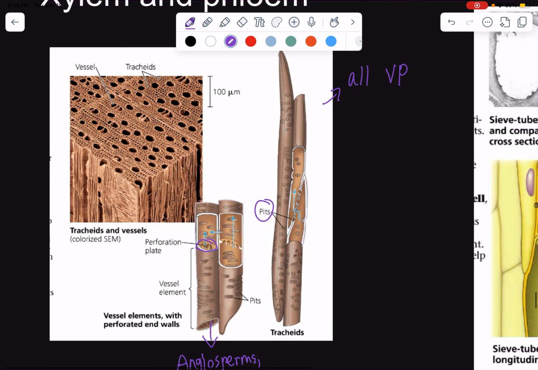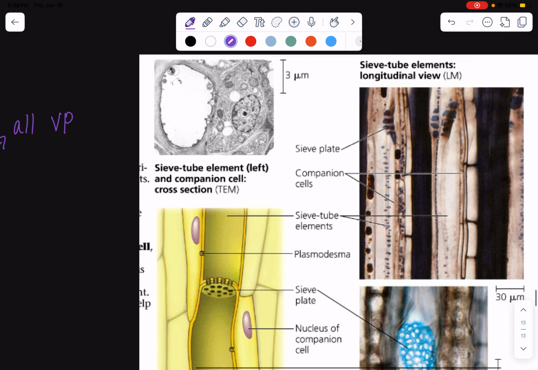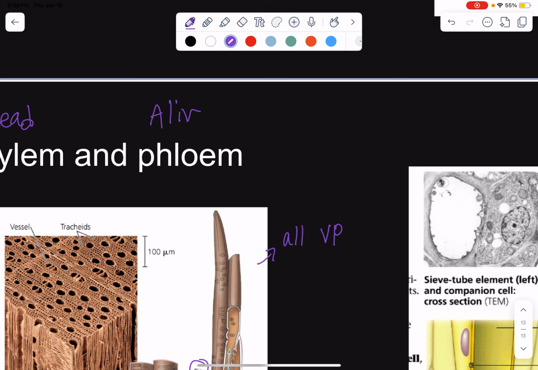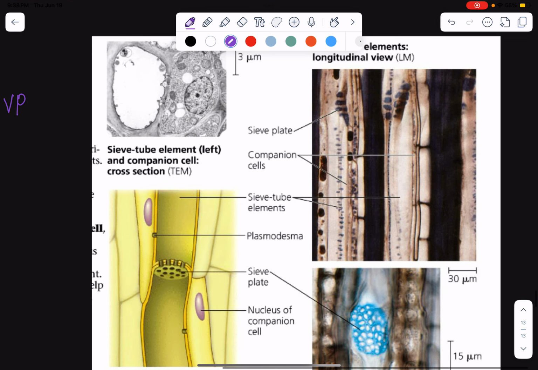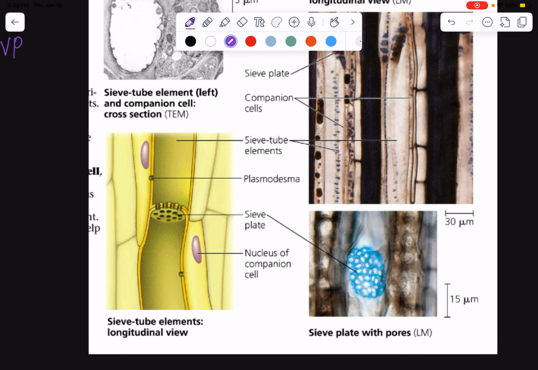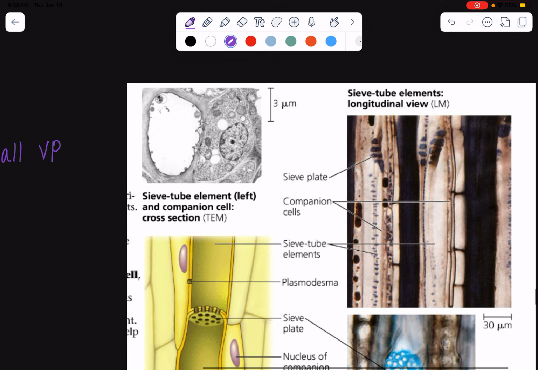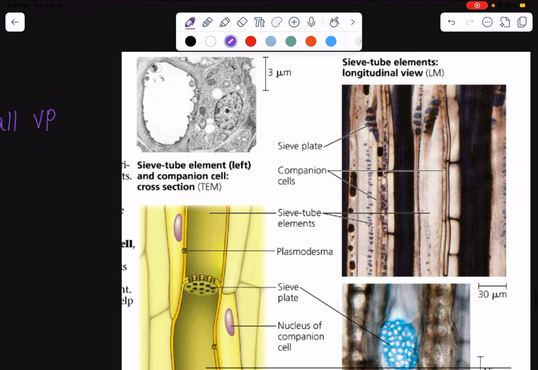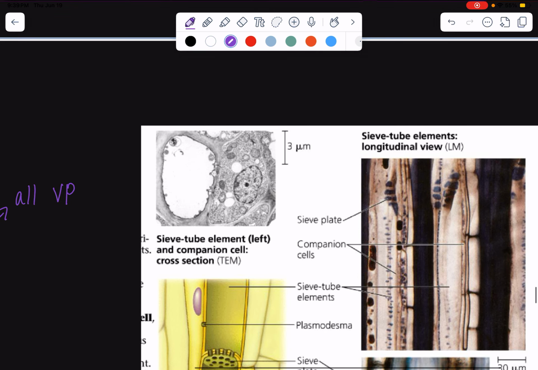So now let's look at the phloem parts. These parts are alive at functional maturity. And in seedless vascular plants and gymnosperms, the phloem is going to be made out of narrow sieve cells, which are shown right here. And in angiosperms, the phloem is, however, going to be made of sieve tube elements, shown here. Though alive at maturity, sieve tube cells have no nucleus,